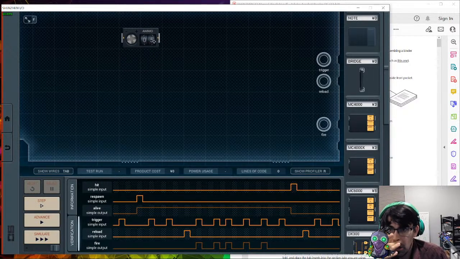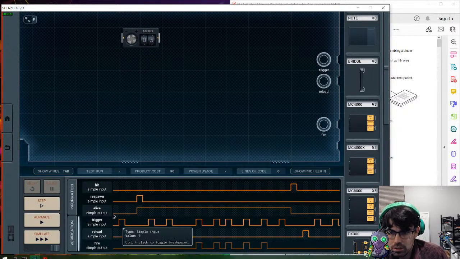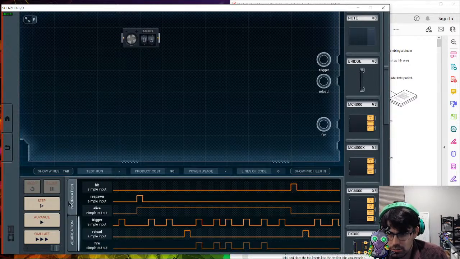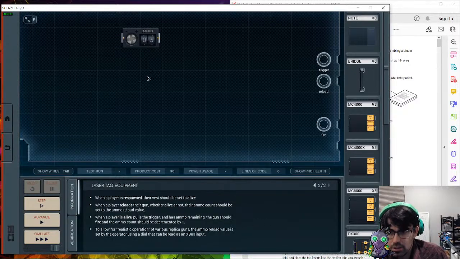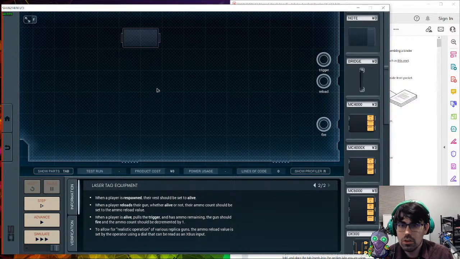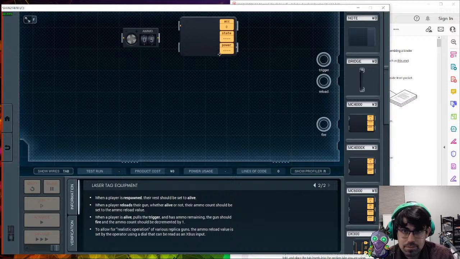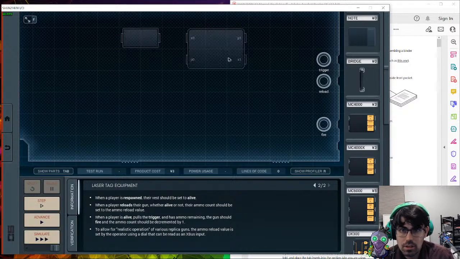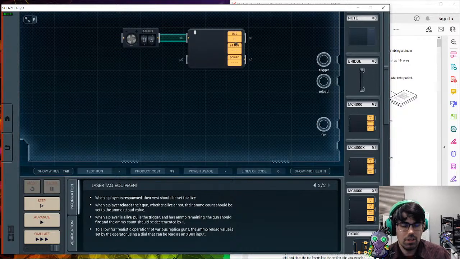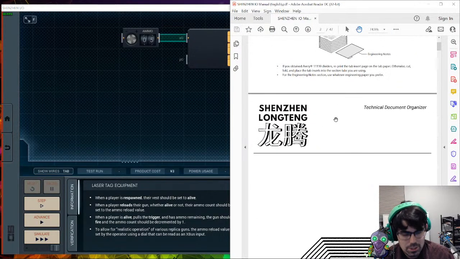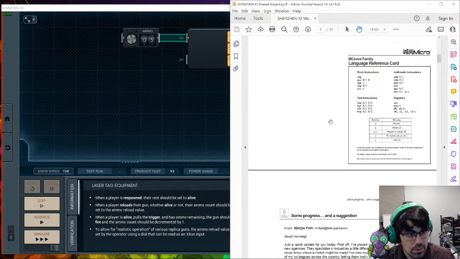So is this, do we read this value? Okay. So show tabs. Right? So if we do this, and I say, oh, sheesh. How am I supposed to remember this language reference card? Right. Let's just move